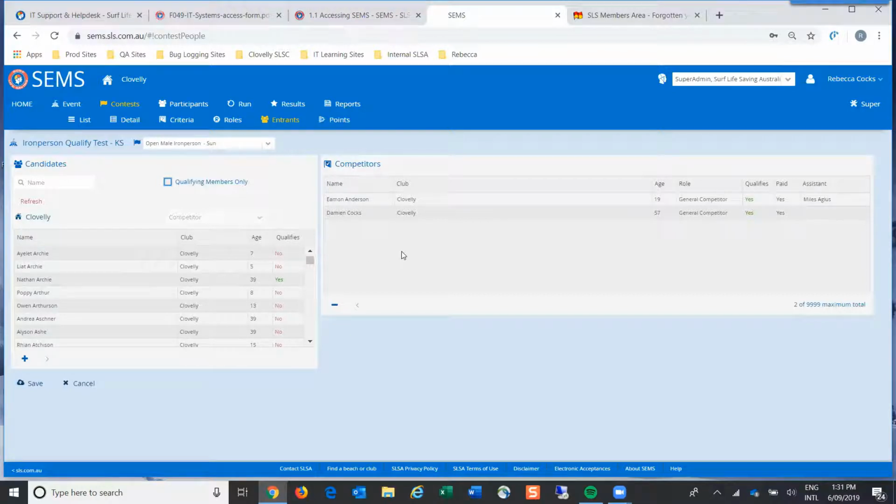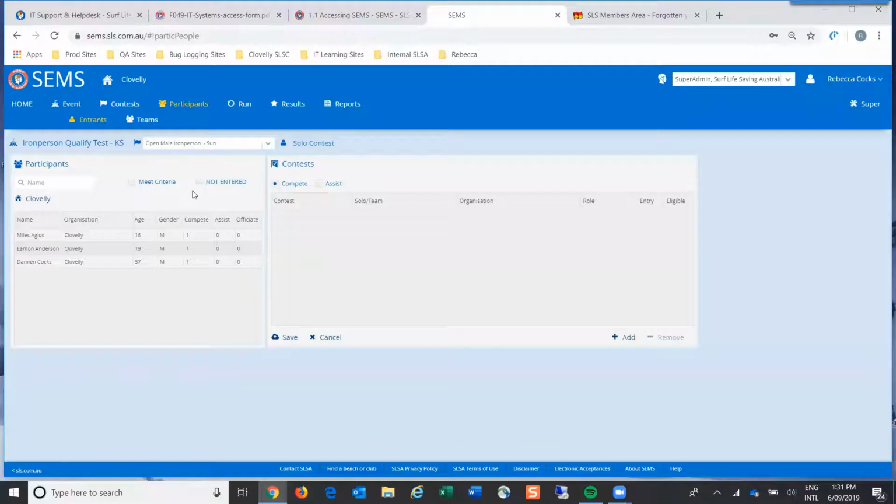So they're just some little tricks for how to enter a solo competitor, and how to add a handler to a 9-person contest. And we can now see that at this level we've got 3 people who are entered, okay, at a club level, for this event.